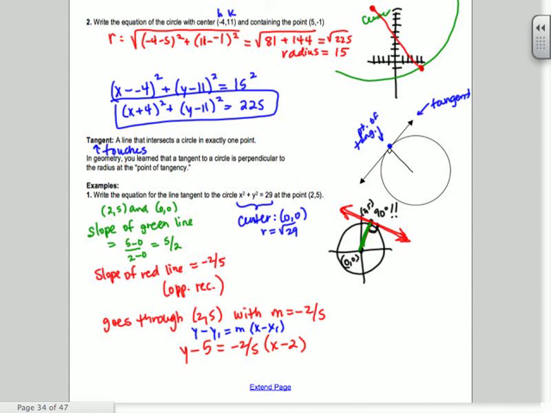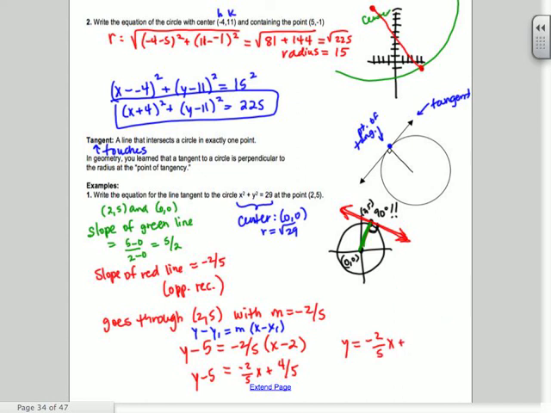And we just multiply out. So I get negative 2/5 x minus, so I have negative 2/5 times a negative 2. You can write it off to the side: negative 2/5 times a negative 2, think of it as negative 2 over 1. You get 4/5, right? So plus 4/5. You're going to add the 5 over. So you get y equals negative 2/5 x plus,